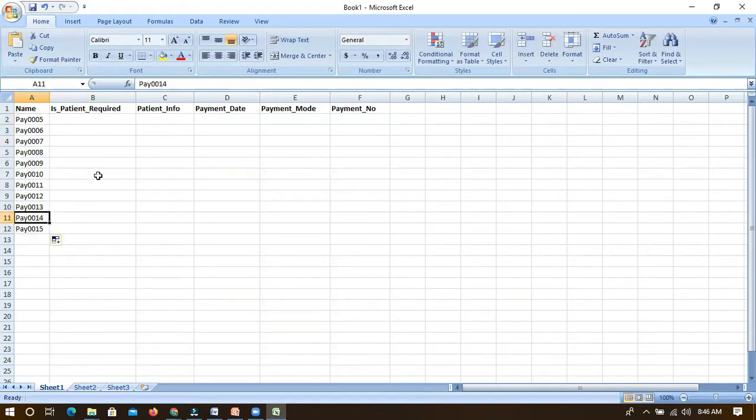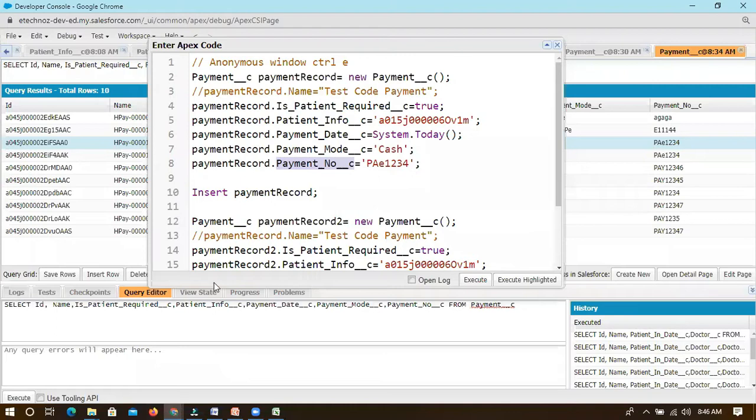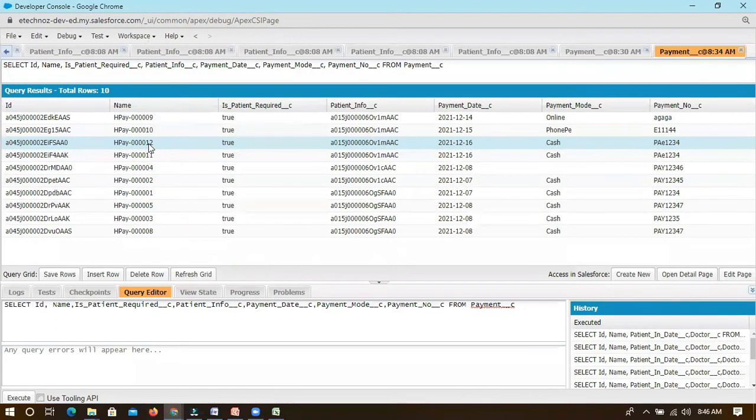Okay, so 6, 7... okay, 15. I was giving like 5, 2. So 15, but anyways, it will consider a new format, and already we have data till 12, right? So what is the latest data? Latest report. So within this, this is 12, right? So from 13 it will consider. Anyways, it will create within this format.